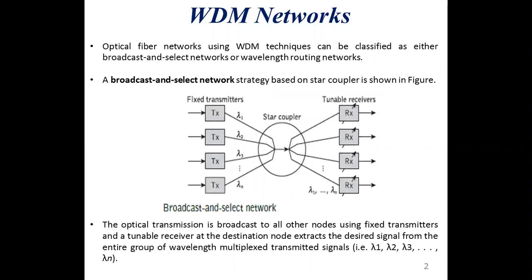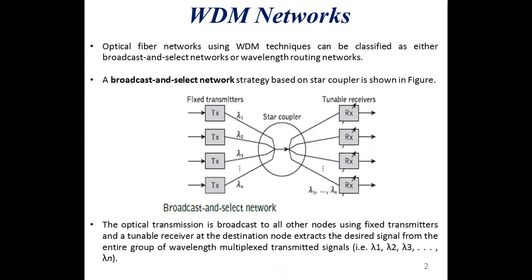The WDM network is used to efficiently use the bandwidth which is provided by the optical fiber. You have end users who can use LEDs or lasers, and the signal from each user is on a particular wavelength assigned to the user. These individual signals are then multiplexed or coupled using a multiplexer or a coupler, and the single signal, which is of a very large bandwidth, is transmitted through the fiber. At the receiver side it is split using a splitter or a demultiplexer, and using tunable filters it is then sent to the destination of the receiver.